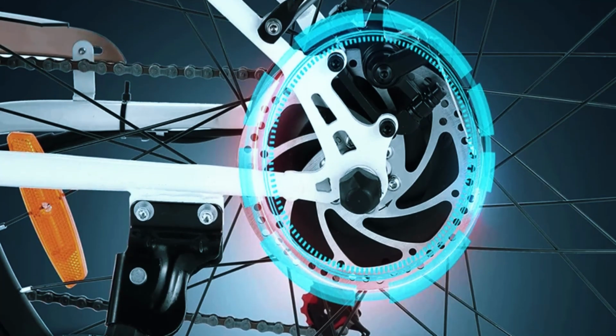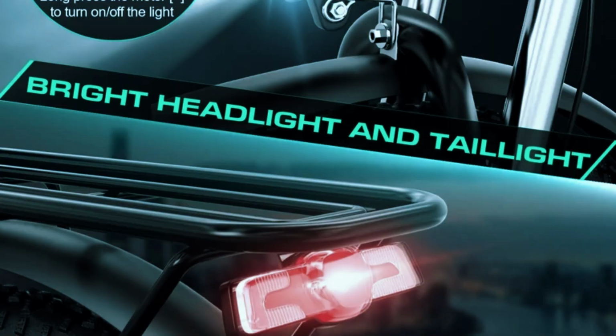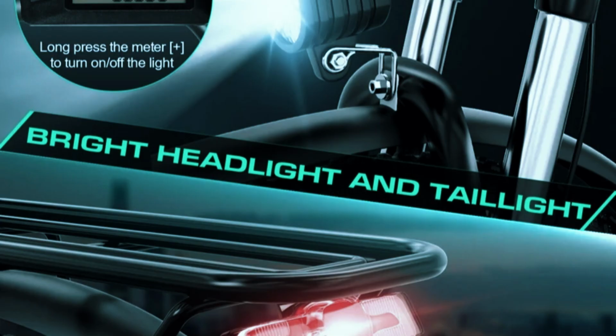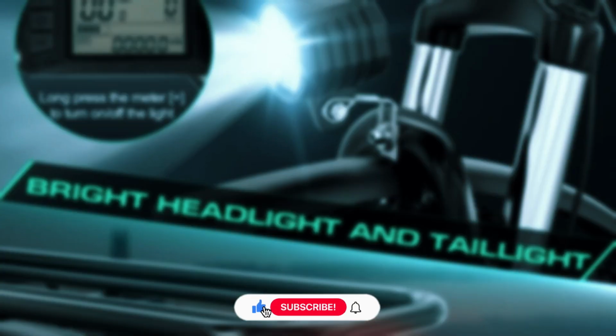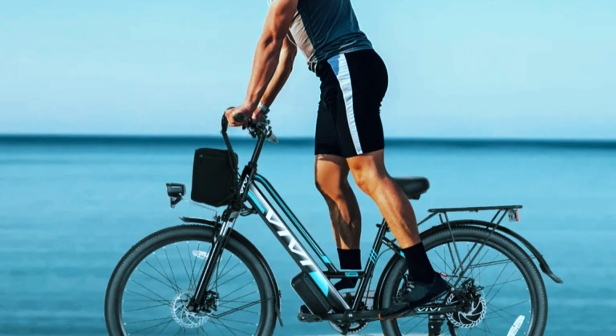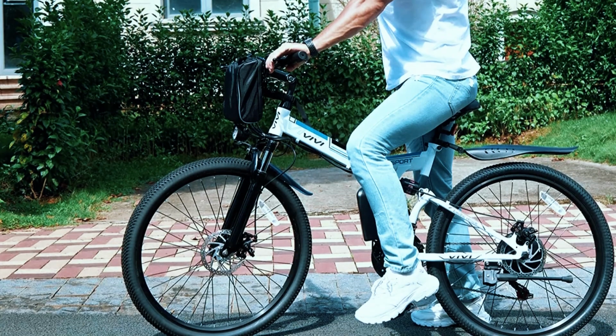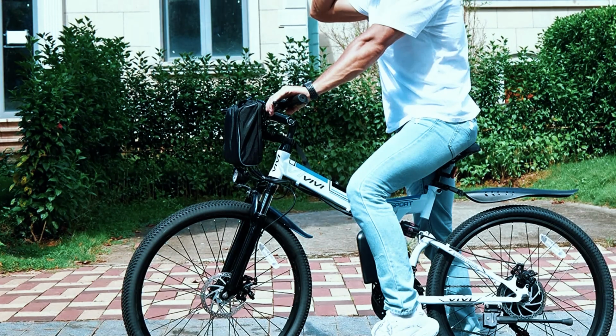Dual disc brakes ensure reliable stopping power even if you're carrying cargo on the included rear rack. It also comes with full fenders and a built-in headlight, which are nice touches at this price point. Both pedal assist and throttle modes are included, giving riders full flexibility to choose how much effort they want to put in. At around 60 pounds, it's a bit heavier than other models on this list, and its cruiser geometry